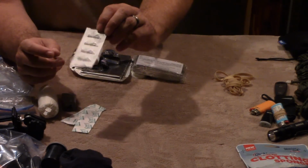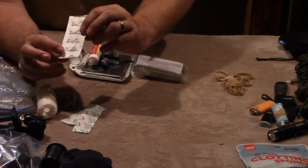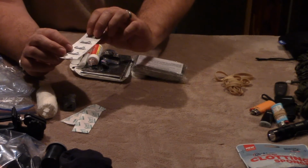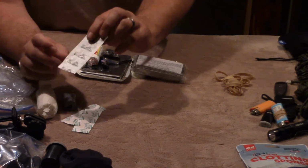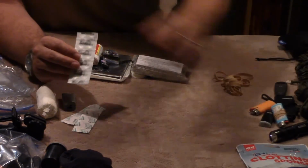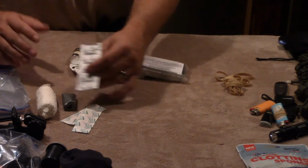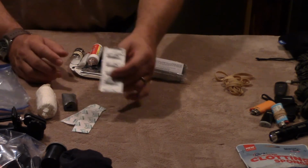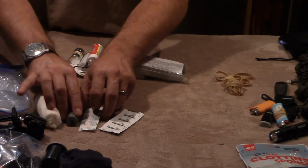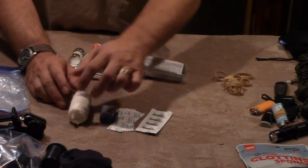Porta Aqua tablets. These are really good. They're still good, they're good till 2020. There's tablets in here which I can use to purify water. So I got 2 tablets in each, 2, 4, 6, and 8 tablets to be able to purify water. I can use my water container right here, I can use the Ziploc bags that are here, I can use my water bottle that I get in my pack. I can use whatever I want. So those come in real handy as well. So Band-Aids, duct tape, gauze,